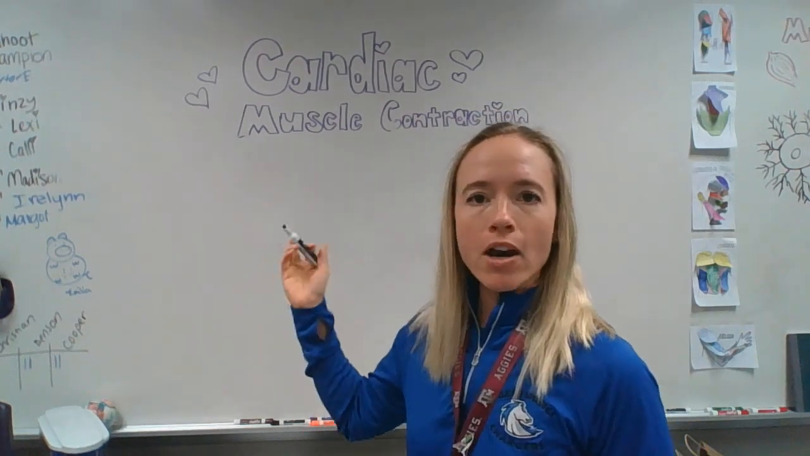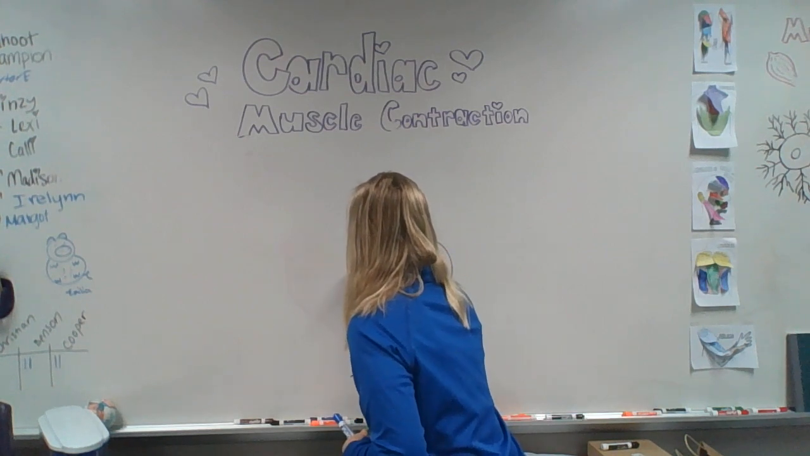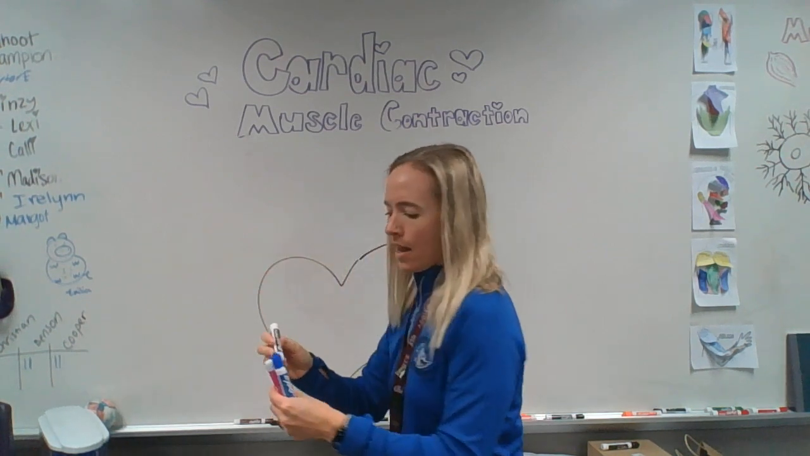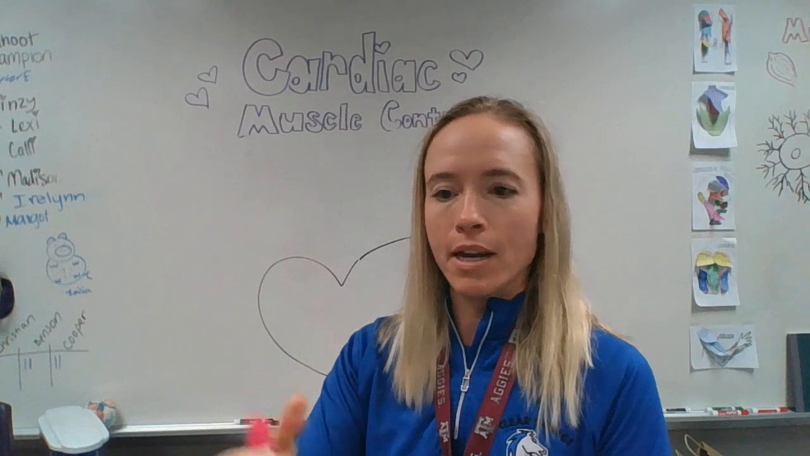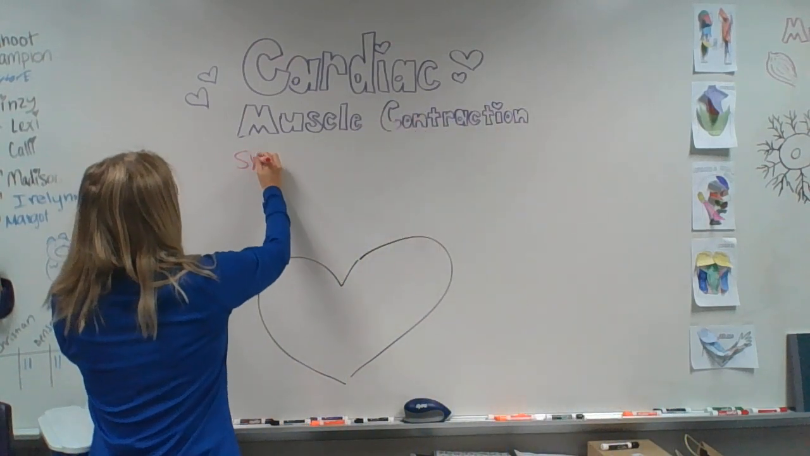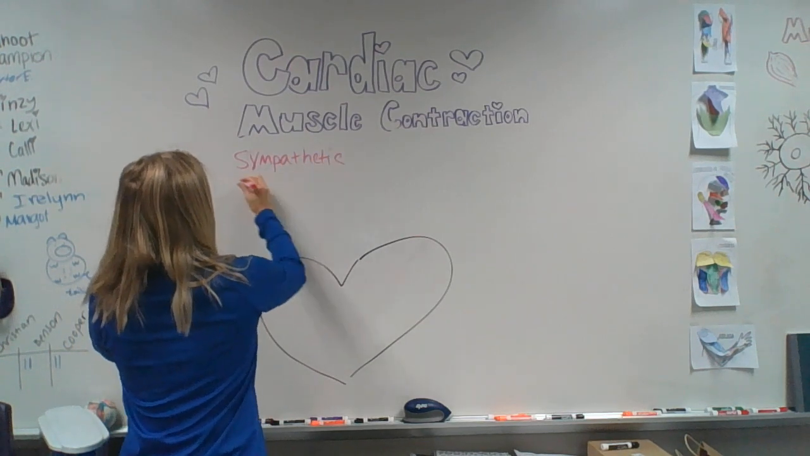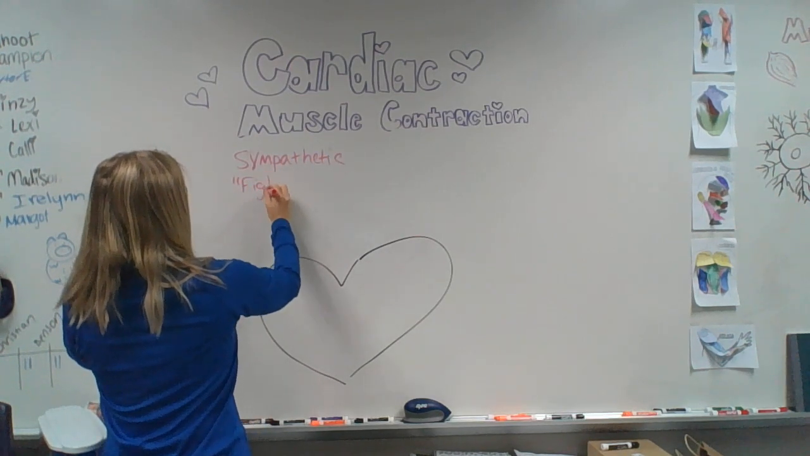First, we're going to draw a cardiac muscle cell. And this is being controlled by two different types of nerves. We have our sympathetic fight or flight nerves, and we have our parasympathetic rest and digest nerves. So our sympathetic, which is known as fight or flight,